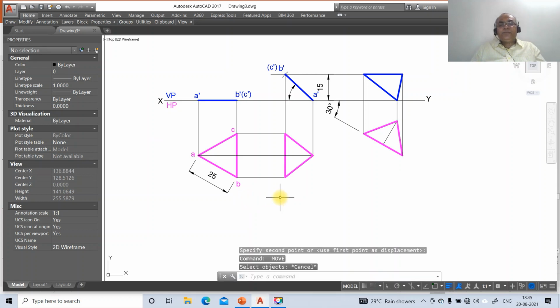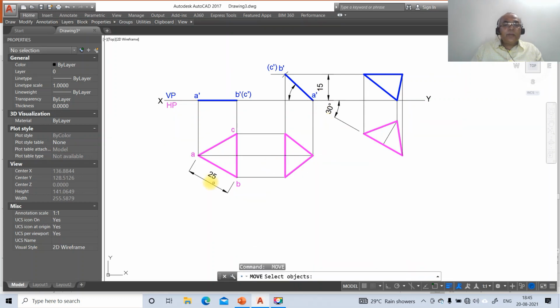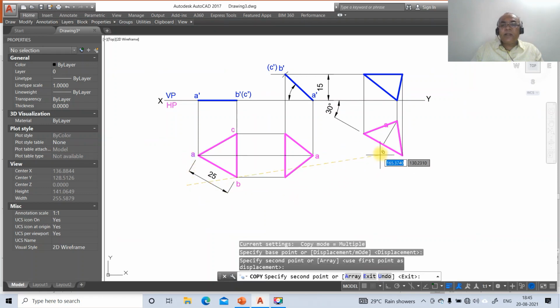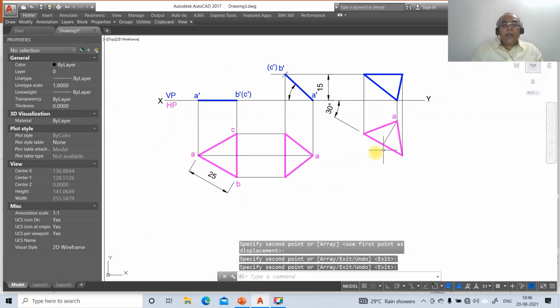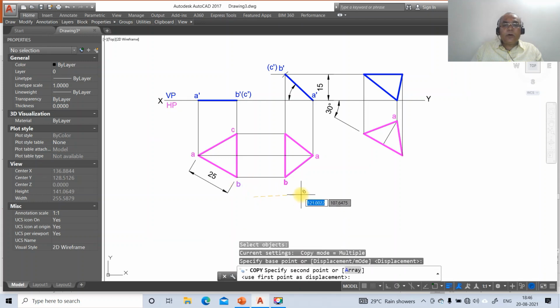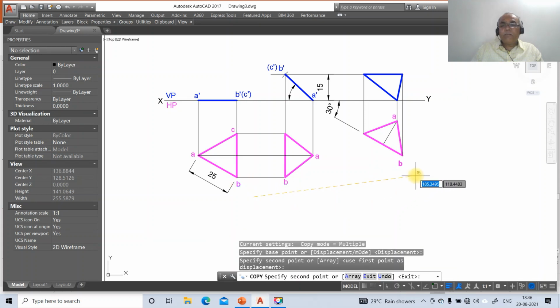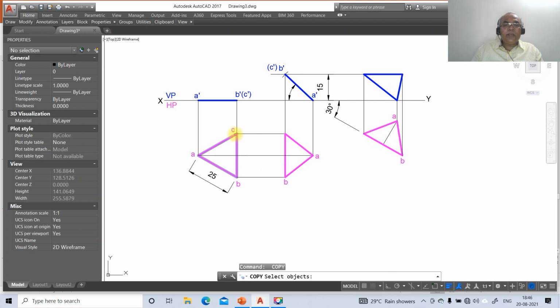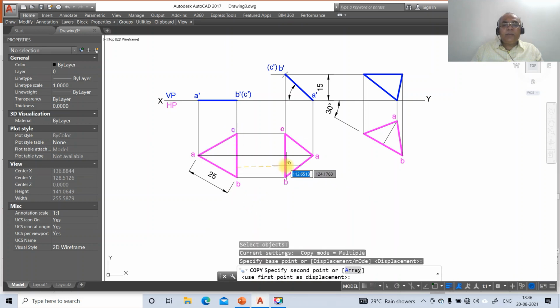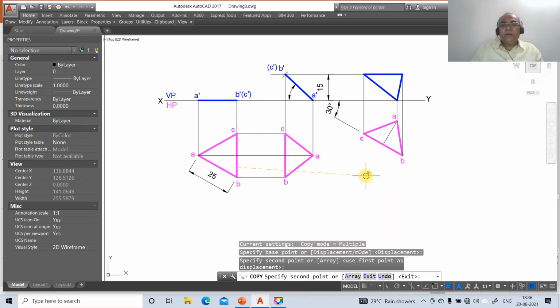So here you move A dash in this, then copy here. You copy this A, and that A will come here, and you copy B, and that copy B will come here, and this will go to C, and that C will come here.